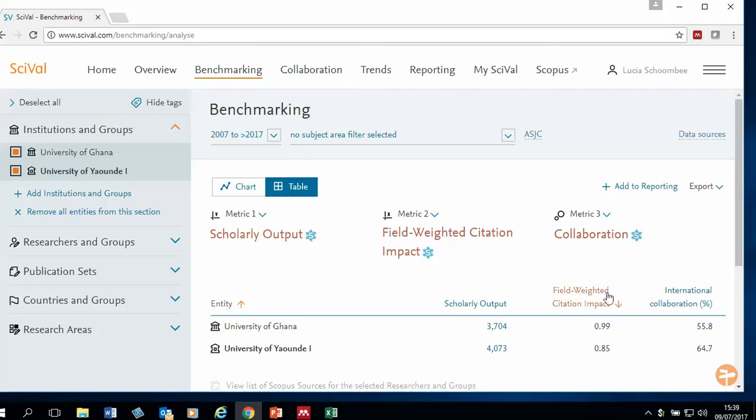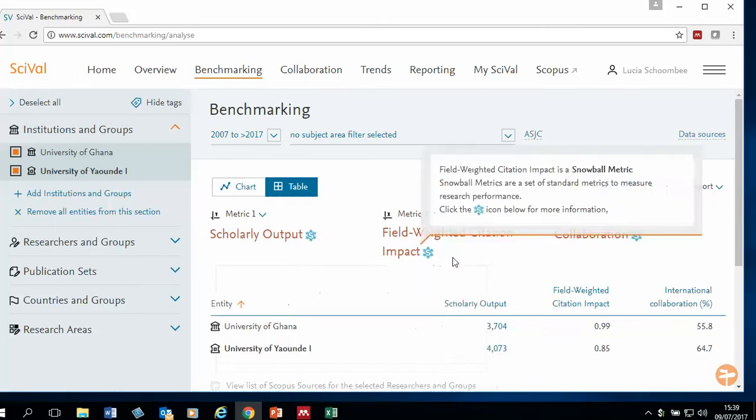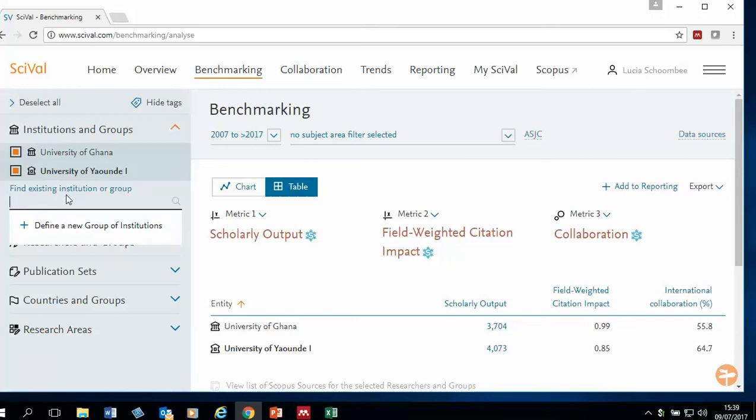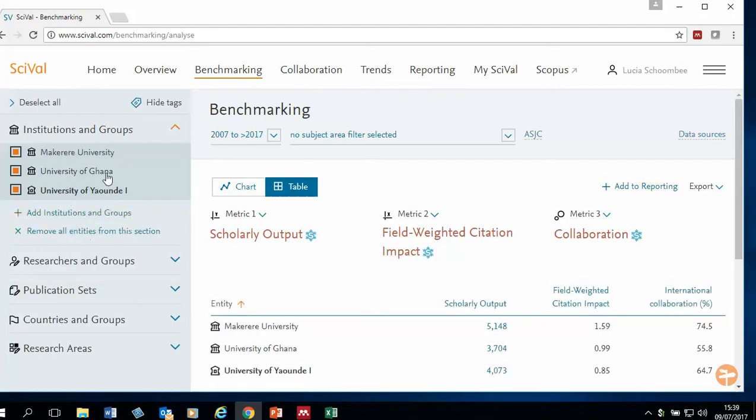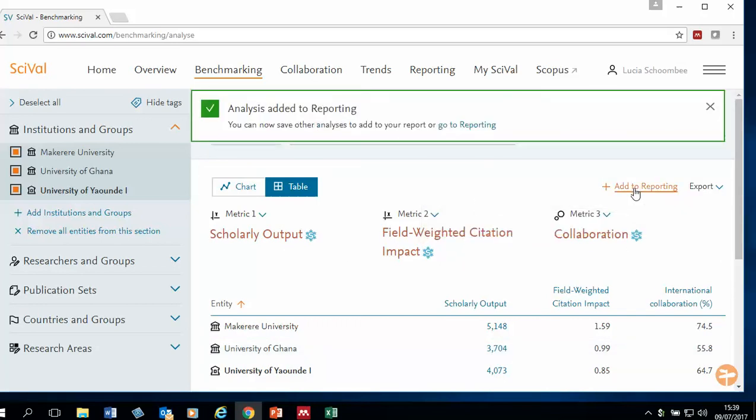Any analysis that you do, say we have the scholarly output, the field-weighted citation impact, and we have collaboration. We can also add another university, say Makerere University. So you can add as many institutions or as many entities, because you can also do this on a researcher level. As many entities, 3 metrics at a time. Once you've done your analysis, you can add to reporting,